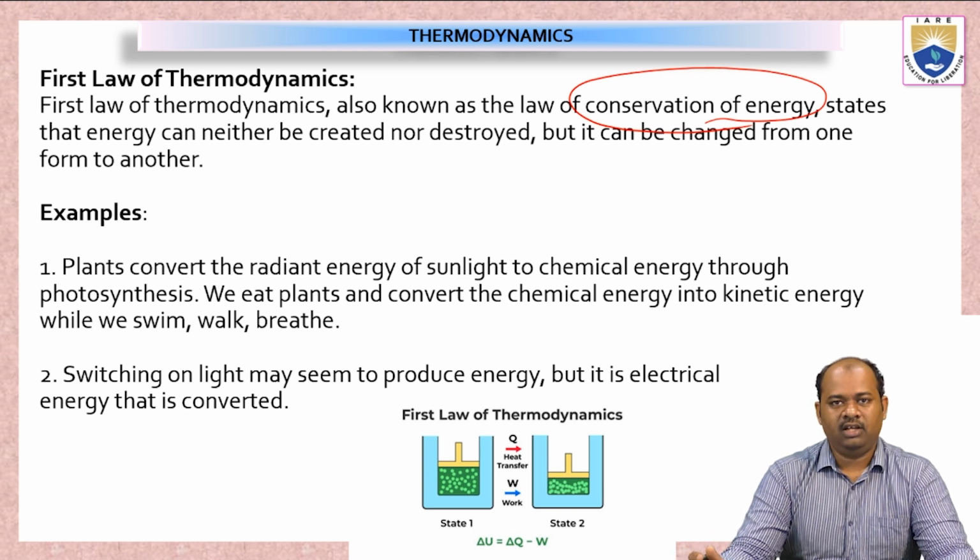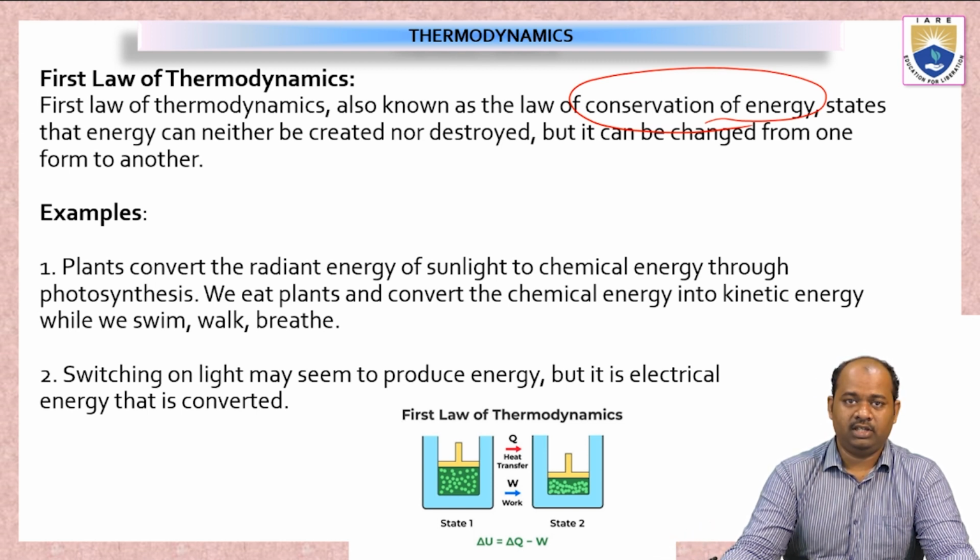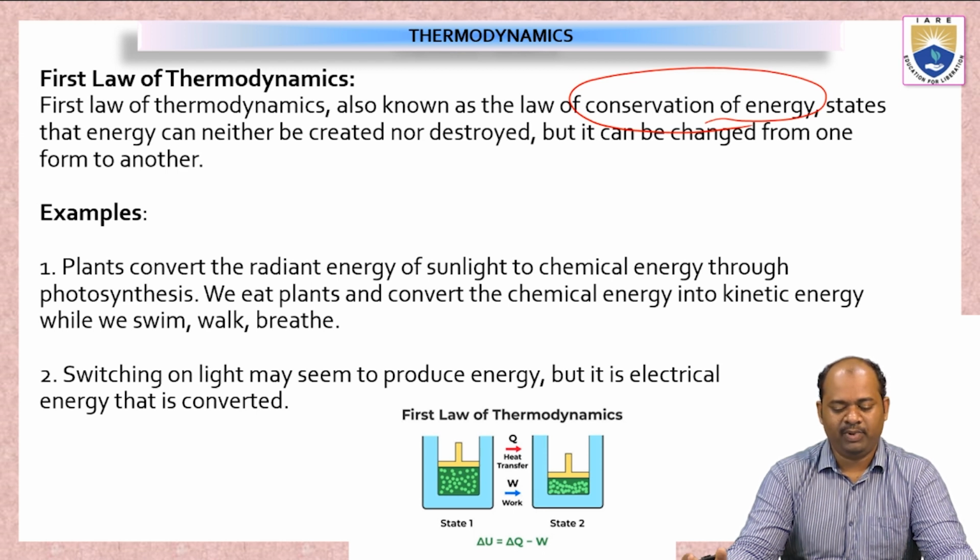Now the first law of thermodynamics follows the law of conservation of energy, which states that energy can neither be created nor destroyed, but it is changed from one form to another. So let us take an example for the first law of thermodynamics where we can understand this concept. Suppose we take the example of plants. Now what happens? Plants will convert the radiant energy, that is the sunlight, into chemical energy through a